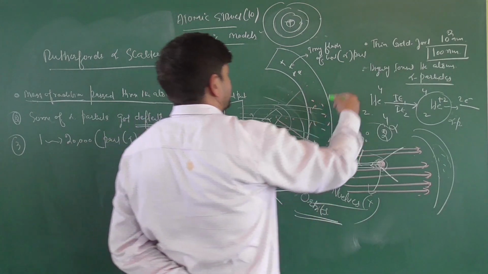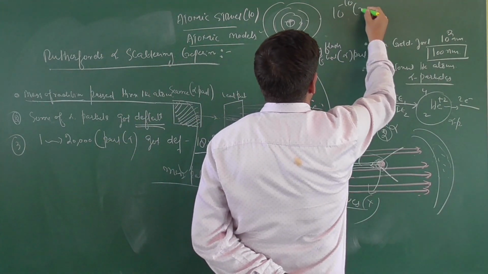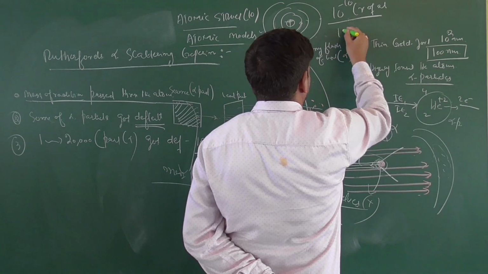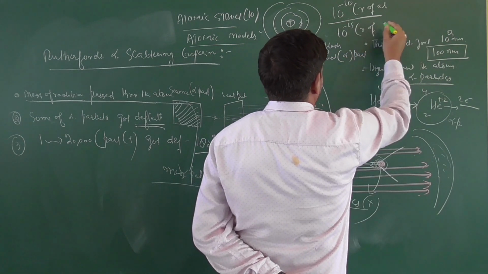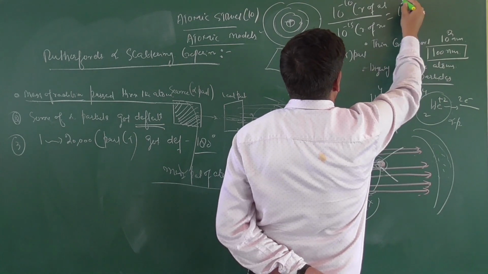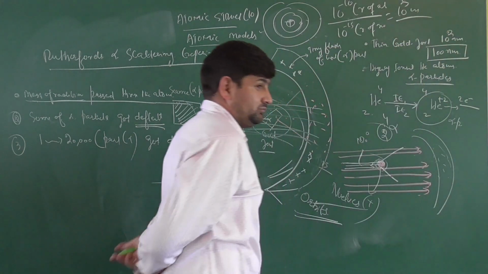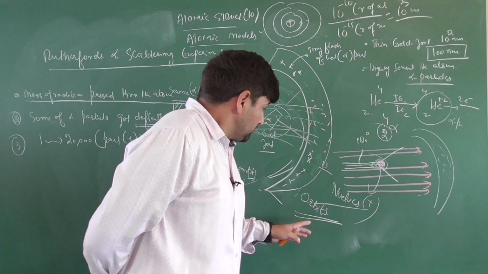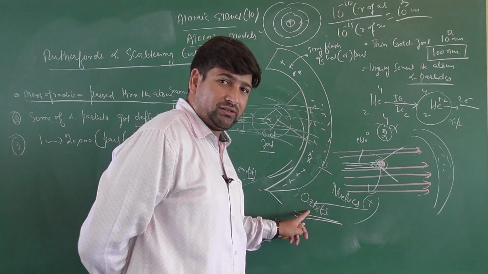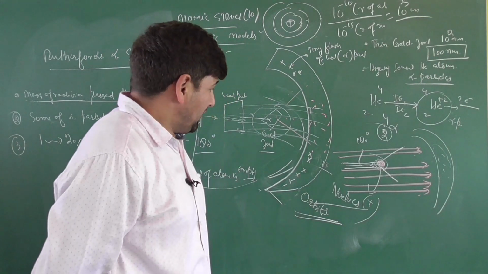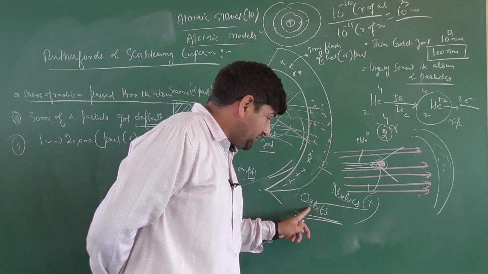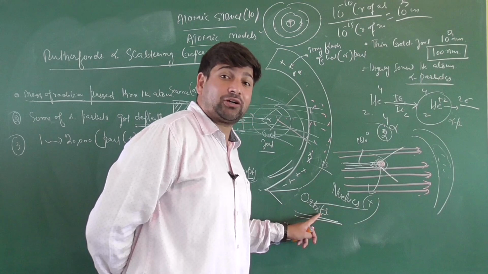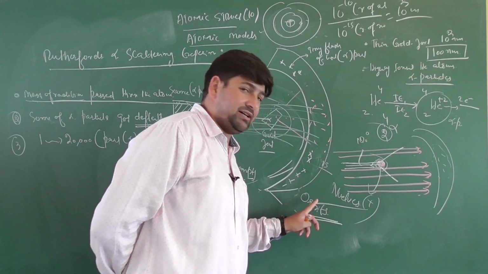So it is from his calculations only we got the order 10 to the power minus 10. This is the radius of atom, and smaller to this is the radius of nucleus. 10 to the power minus 15 is the radius of what? Nucleus. The ratio of the two is 10 to the power 5. Am I clear? Ratio. Okay. So we had nucleus, we have orbits in which what is moving? Electrons. Now we have certain things here. This nucleus and electrons in the orbits are rotating around the nucleus held with the nucleus by electrostatic forces between protons and electrons.